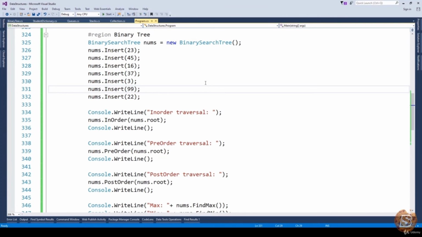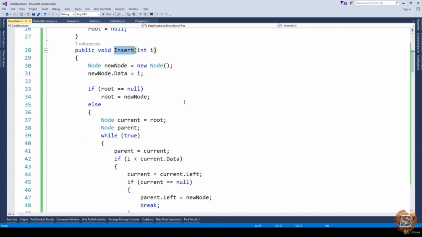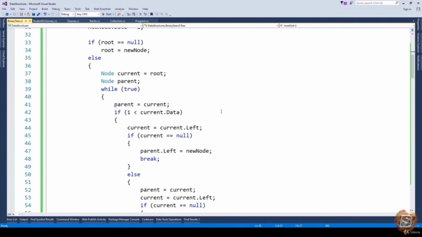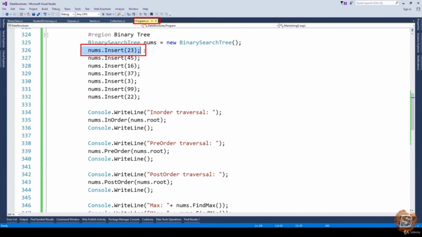Now in the insert method, I have made a few more changes, so I would like to first explain what changes were made and then I'll take you to the demo. Initially, when we were traversing from the root node to left and right, in the explanation I forgot to write some more code to change the current value from root to the left and right ones. For instance, take the example over here in Program.cs. First of all we are inserting 23,